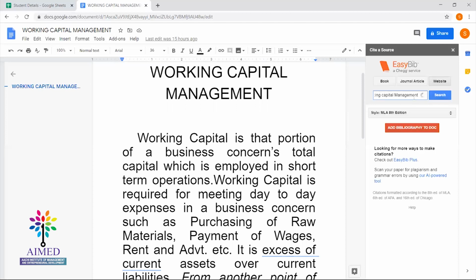I'm clicking on that. It's still loading, so we have to wait for some time. Even if it is a book, you can enter the title of the book and search. In the same way, you can use it for journal articles also.